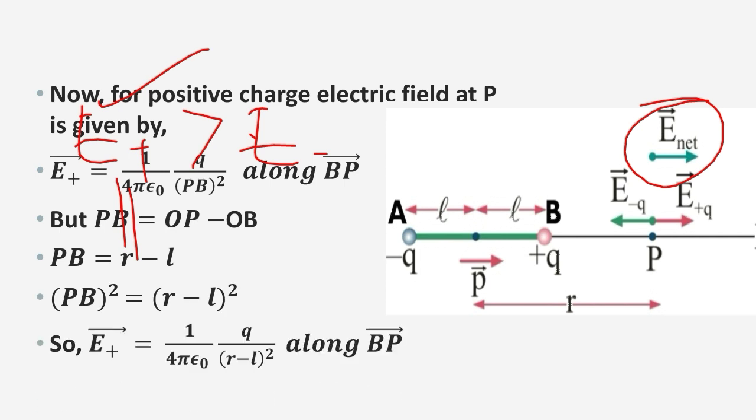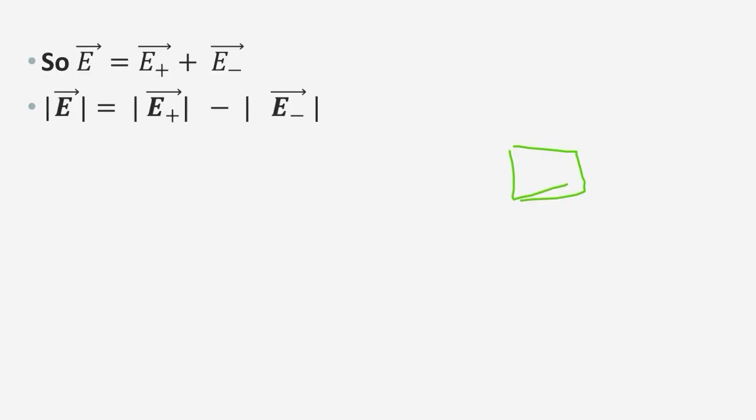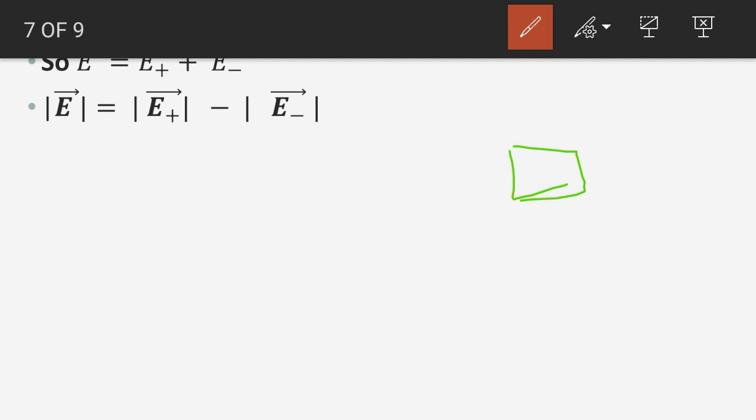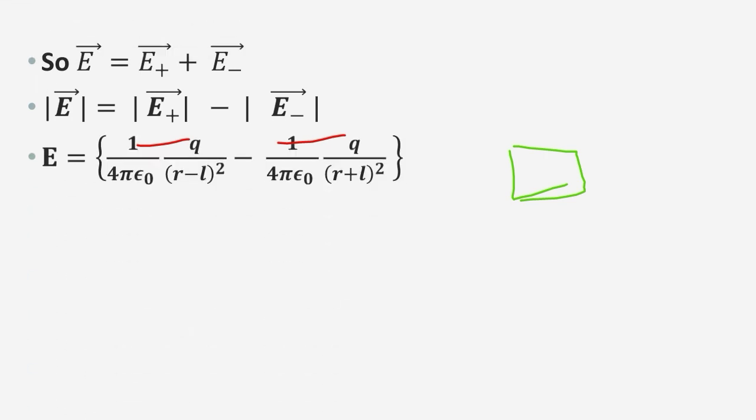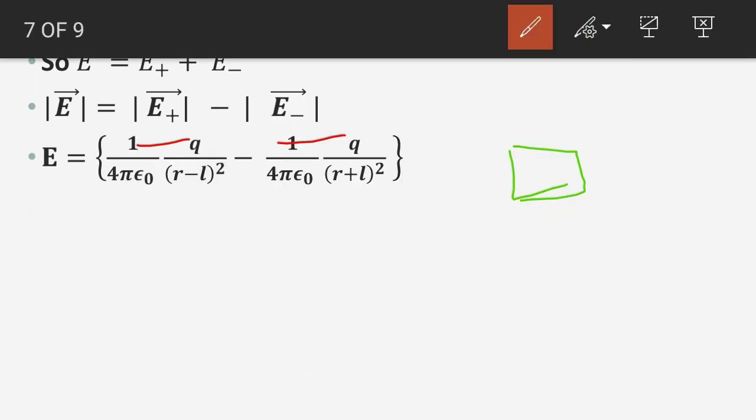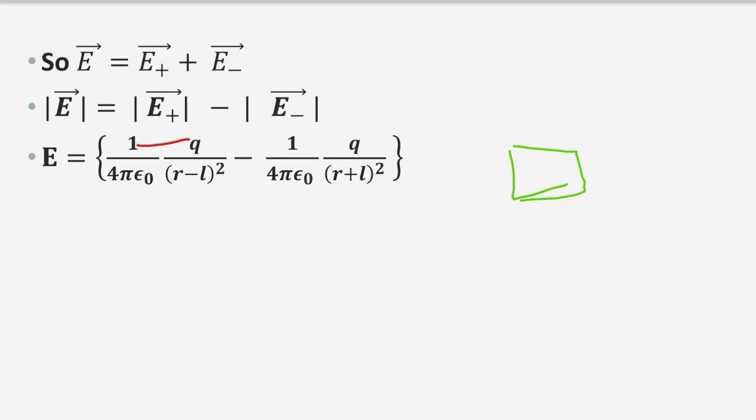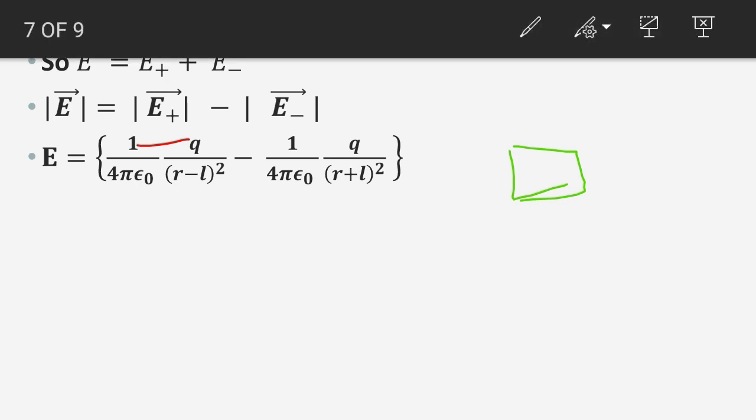Okay, now we shall perform the equation, that is E plus at the same point. That's why we term E plus plus E minus, we are subtracting greater magnitude to the lesser magnitude. Now E plus is basically, in the previous slide we have already taken that E plus is equal to 1 by 4 pi epsilon 0 q divided by r minus l whole square, minus 1 by 4 pi epsilon 0 q divided by, this is the E minus term, E minus is equal to 1 by 4 pi epsilon 0 q divided by r plus l whole square.